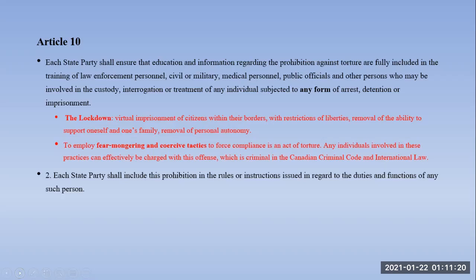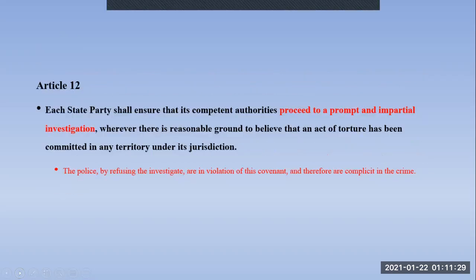Each state party shall include this prohibition in the rules or instructions issued in regard to the duties and functions of any such person. Article 12 states that each party shall ensure that its competent authorities proceed to a prompt and impartial investigation wherever there is reasonable ground to believe that an act of torture has been committed in any territory under its jurisdiction. The police, by refusing to investigate, are in violation of this covenant and therefore complicit in